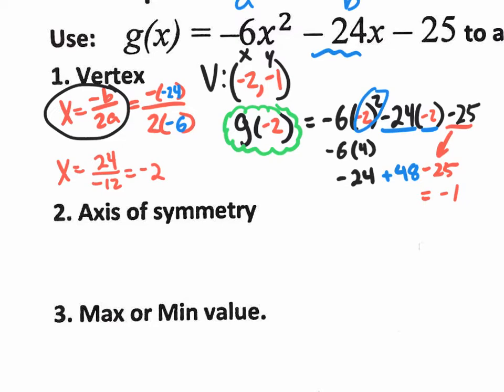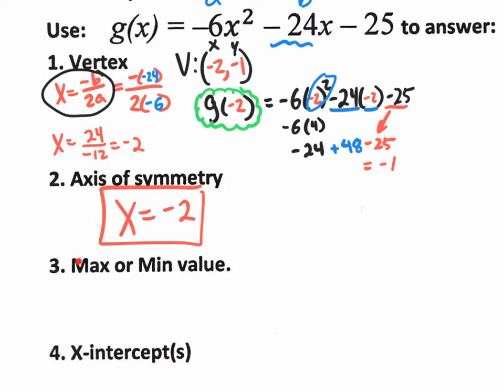But the equation for that axis of symmetry will be x equals, anybody know? Negative 2, the x value of your vertex. That's right. So that is the axis of symmetry equation. This does produce a vertical line crossing the x-axis at negative 2. Now, after that,